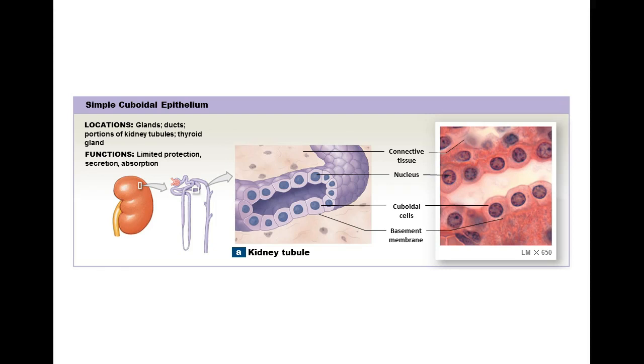Simple cuboidal, find this in the kidney. Ducts are simple cuboidal. Glandular, particularly the endocrine glandular, like the thyroid gland. And this, we think of simple cuboidal as protection, yes, because there is protection in all epithelial cells, but it's very limited, but mostly secretion and absorption. And particularly when you think of the kidney, the function of the kidney is to create liquid waste we call urine, and then